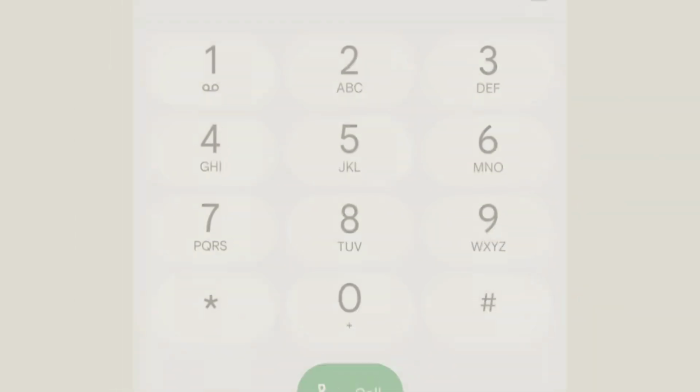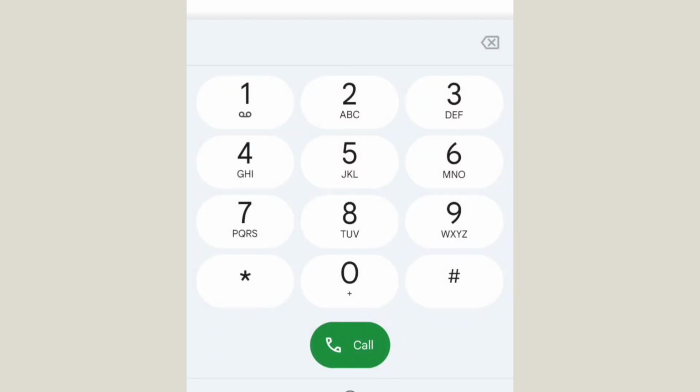Next, we are going to be talking about Glo, and I'm going to be sharing with you the code you can use to get it at a very cheap rate for your midnight plan and also for the weekend plan on Glo. This is one of the unique differences between MTN, Airtel and Glo, because Glo gives you the advantage of getting data at a very cheap rate for your weekend browsing and also for midnight browsing. The code you can use to get cheap data for your weekend and midnight is